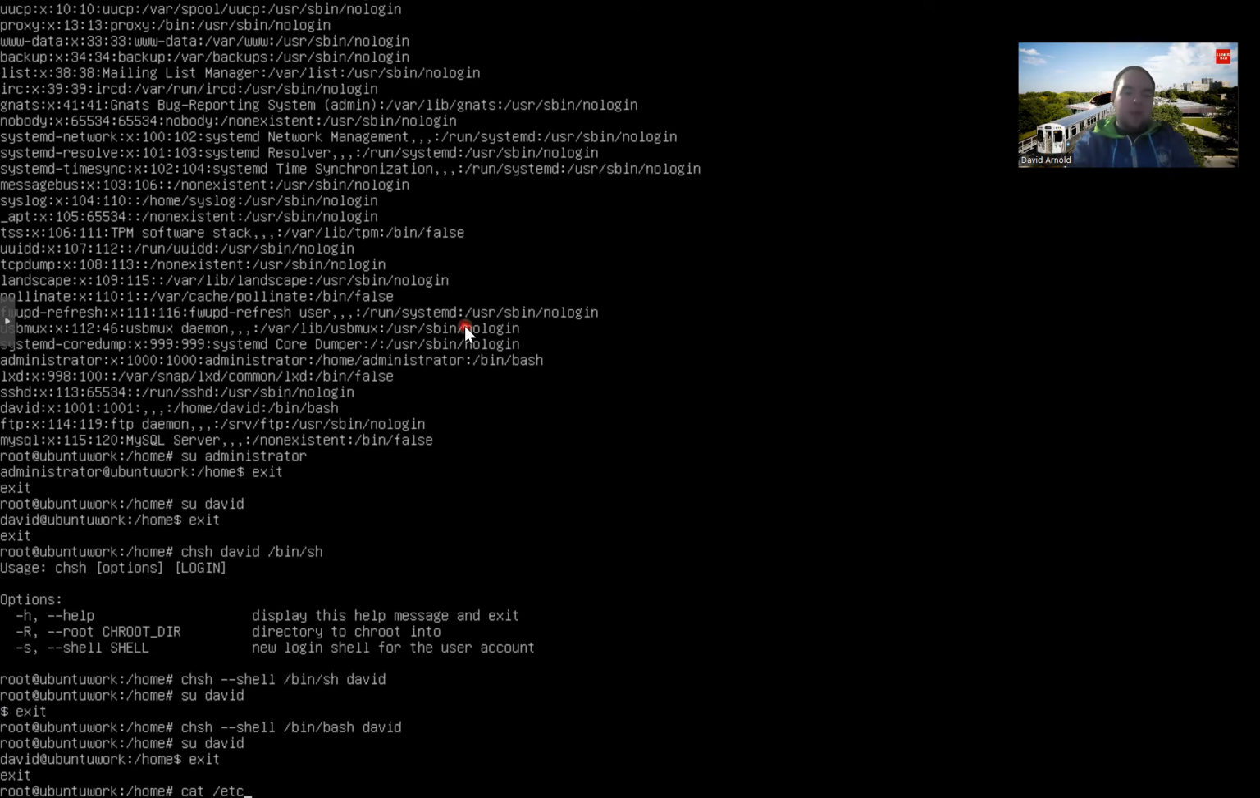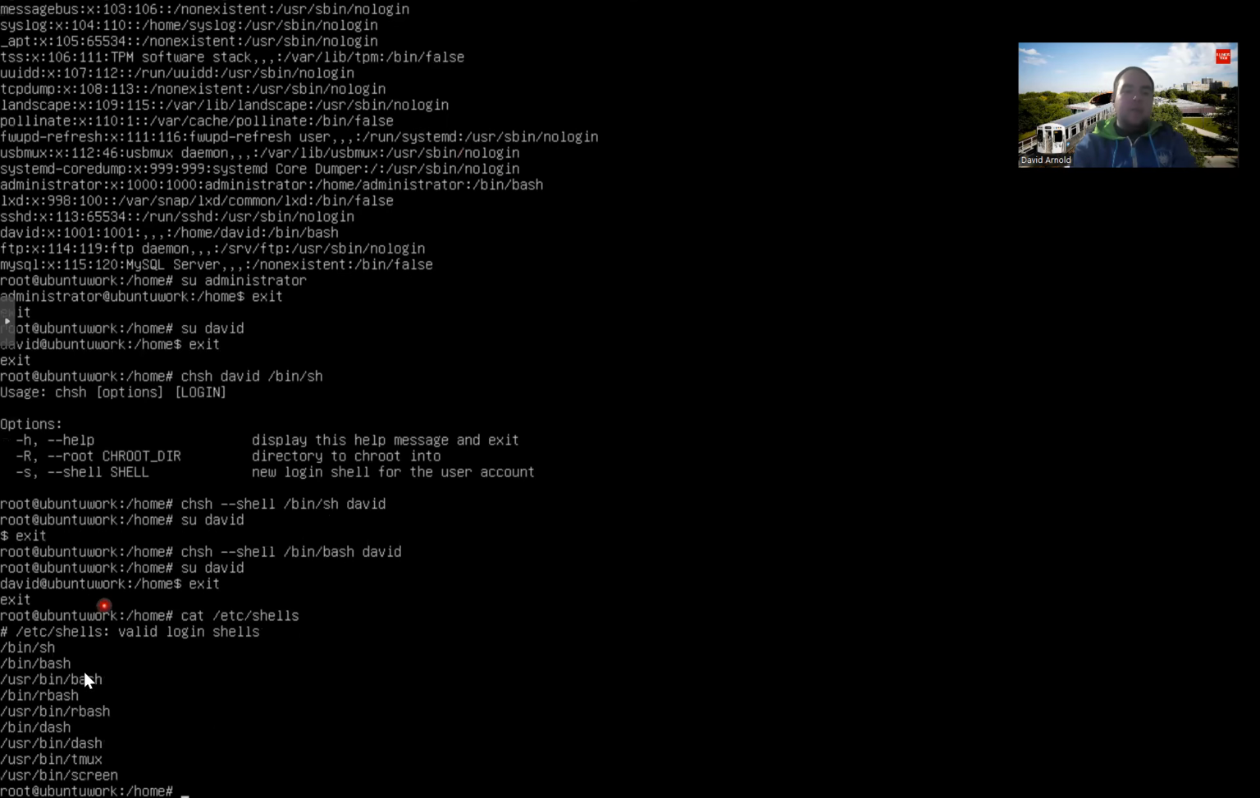I believe if I open up /etc/shells, this will list the valid shells. So you want to make sure that something like nologin is not part of that /etc/shells, because that may allow somebody to then go ahead and log in when they're not supposed to. And as you can see,